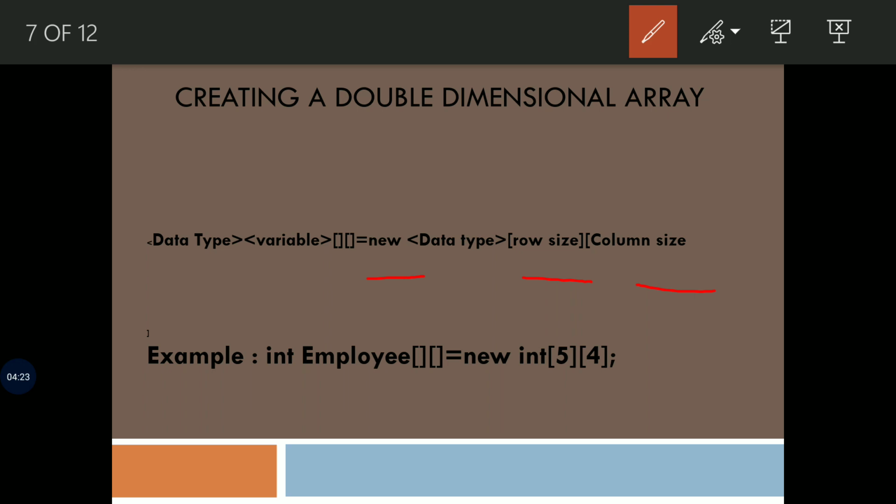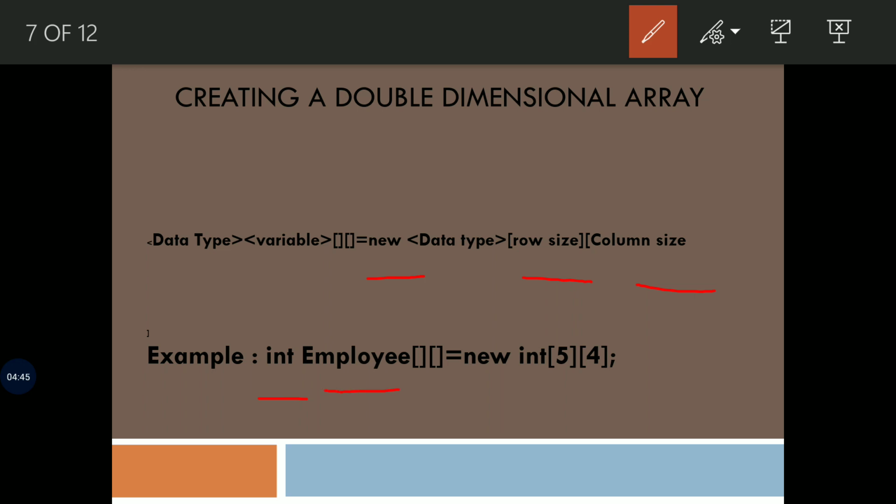Here we use int as our data type to declare the two-dimensional array. It means the above array will accept only integer values, and if you try to add float values, it will throw an error. Employees is the name of the double dimensional array.